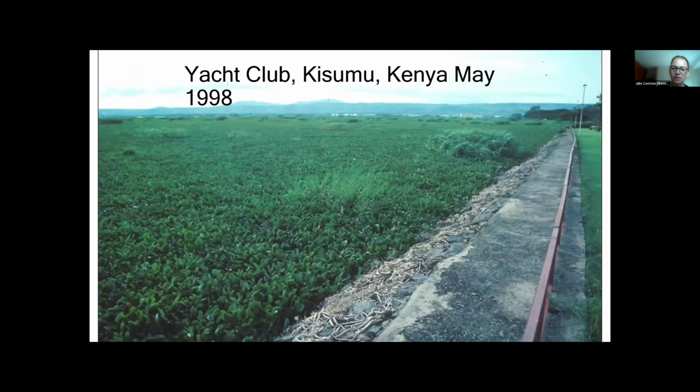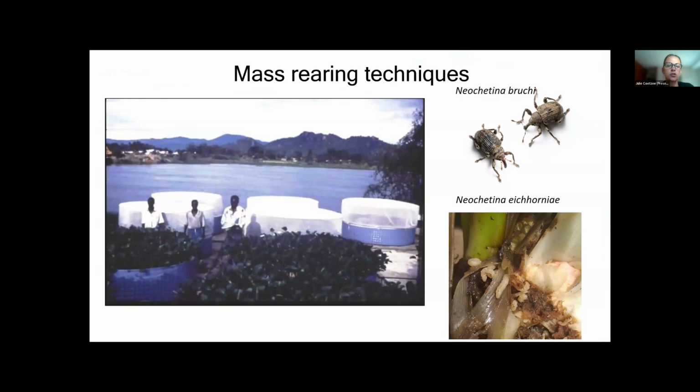So what about water hyacinth? Why is it still the world's worst aquatic weed? Well, it's a very, very difficult plant to control. Now, if we go back to Kisumu in Kenya in 1998, scientists at the time from the US, from Australia, and from South Africa worked with the fishing units around the lake to introduce biocontrol agents to the lake. And they did this through mass rearing. So they got the communities involved because of the importance of clearing this weed to their livelihoods.